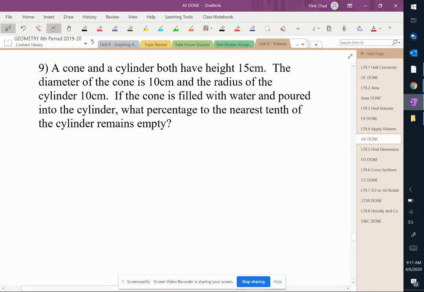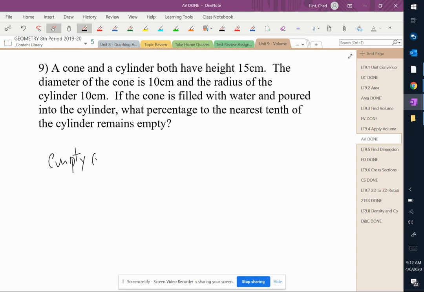So I have a cone and a cylinder that are both 15 centimeters tall. It says the diameter of the cone is 10, the radius of the cylinder is 10. If the cone is filled with water and poured into the cylinder, what percentage to the nearest tenth of the cylinder remains empty? So I want to know the